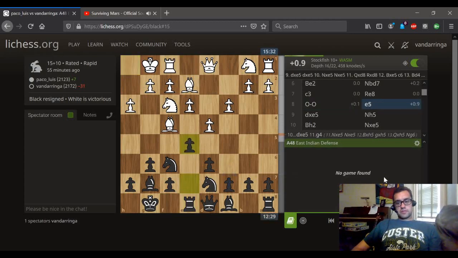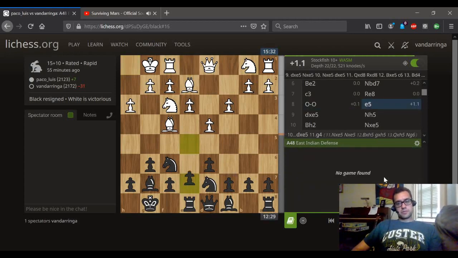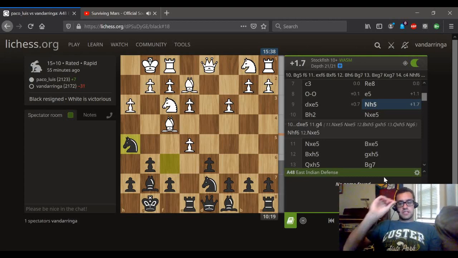Let's see what happens with e5. Yeah, white basically wins a pawn, according to the computer. That's just giving away a pawn. Okay. Oof. Bishop g5. I did not see that. That forces something like f6. Forces f6, actually. Bishop g5, f6, e takes, bishop takes. I mean, I can get the bishop pair out of that, but...